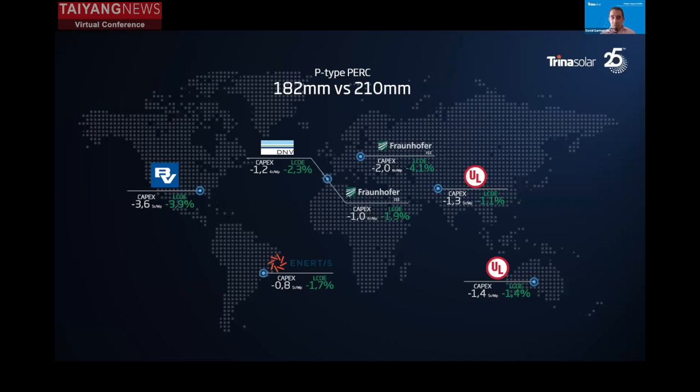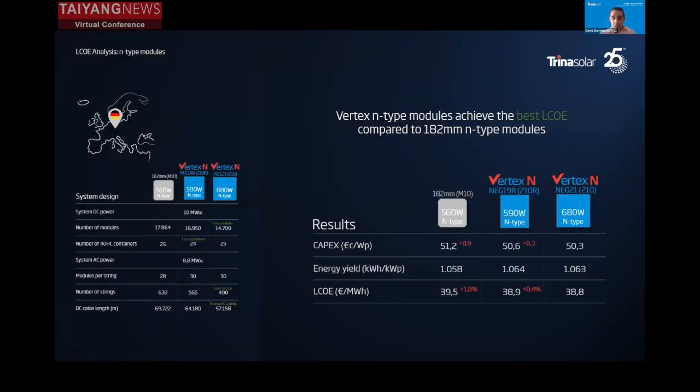If you use Trina modules, you can save, according to this analysis, in the range of 1 cent of a dollar per watt peak in capex, and you can reduce LCOE in the range of 2 up to 4%. And this is not about what we are saying from Trina. This is about what others, who are absolutely independent third parties, are saying regarding this debate. For today, as we don't have too much time, we only bring one example of this